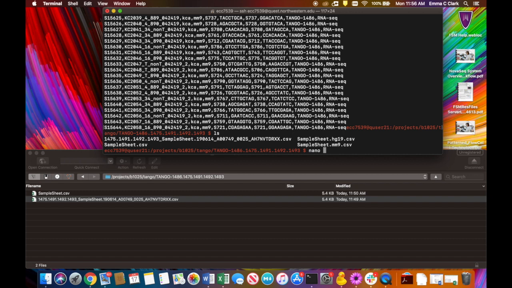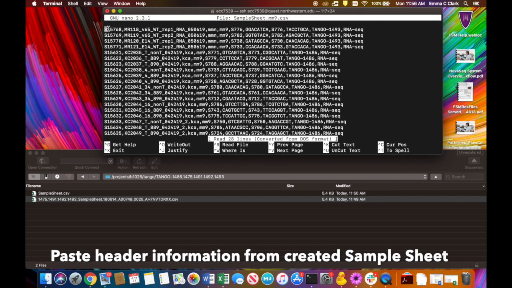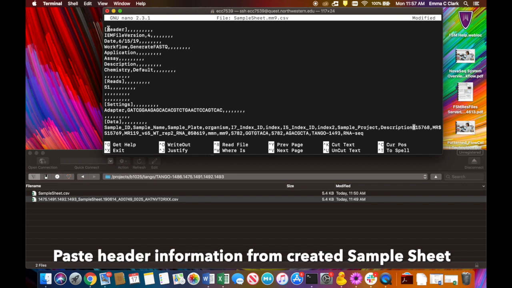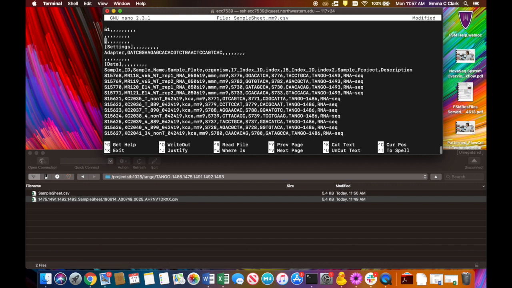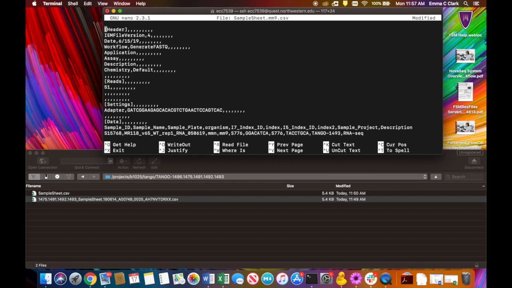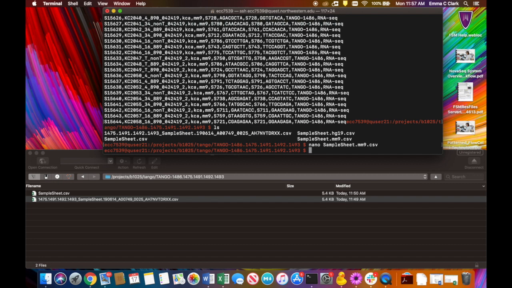So we're going to use the command nano, and we'll do samplesheet. I use the tab to tab over, and it generates the names faster. So I paste that, and then I will exit using Control X, and then I want to save, so I say yes, and I say yes, I want to save it as that name. And then I'll do the same thing for HG19, so repeat,